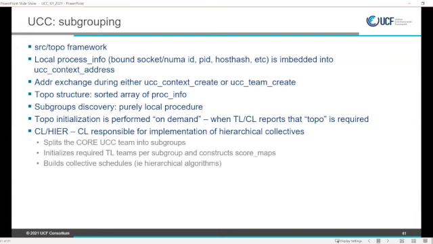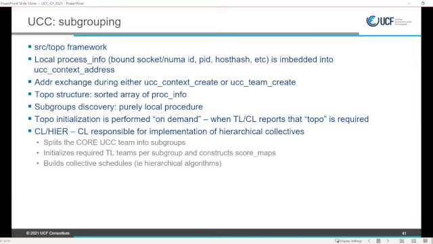CL hierarchical is the collective layer on the diagram that implements hierarchical collectives. In contrast, CL basic just selects which TL to use. Let's say you compiled UCC with Sharp support and UCP support, and you run CL basic.